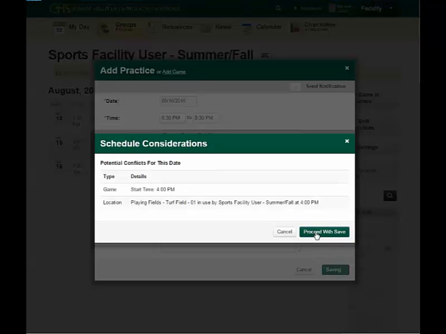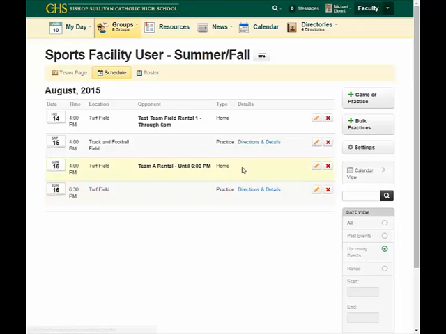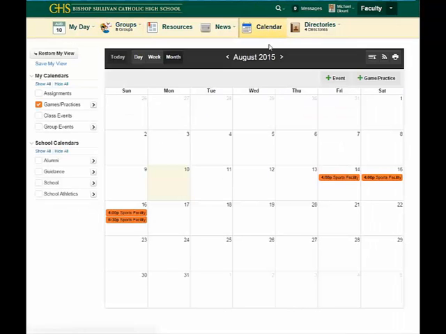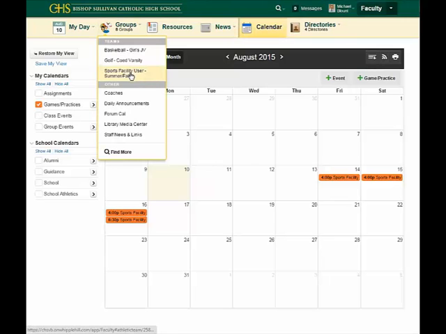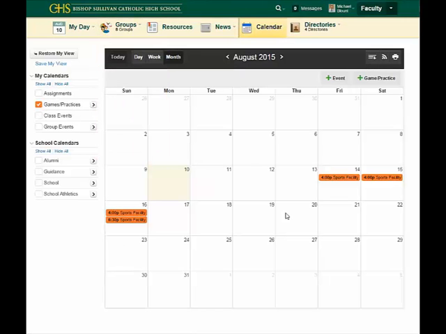So save that. All right, so now here it shows up. So now where do you actually see this other than this? Well, if you go to your calendar, where you have games and practices, it shows up there. So anybody who has this group, sports facility user, that's where you would see it on where you just hit calendar. The other place you can see it is if you go to on campus,